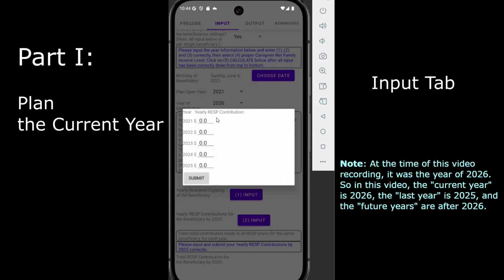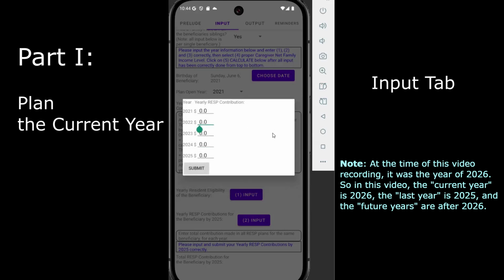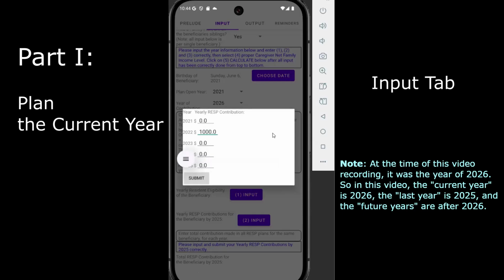Suppose for 1 year there was no contribution, and for the other years there were contributions like these. If there are input errors, you may get an error prompt when you click on the Submit button.